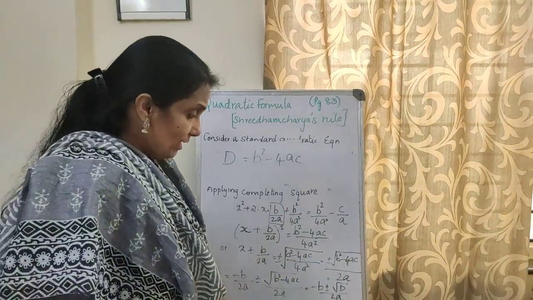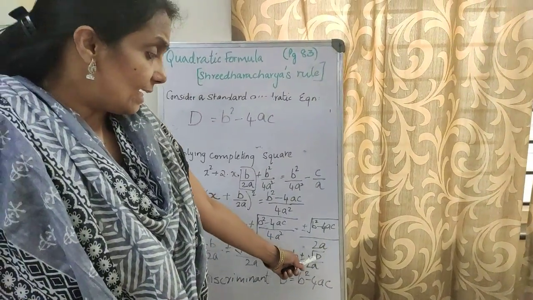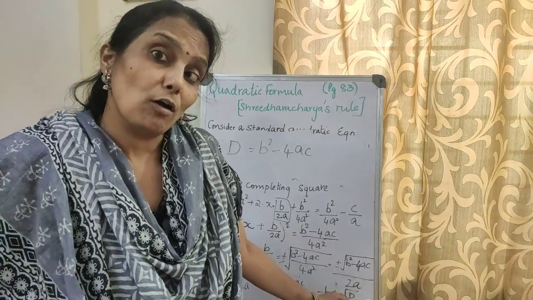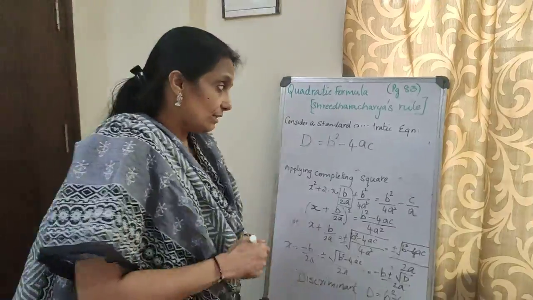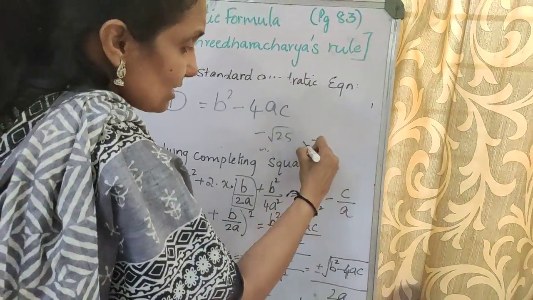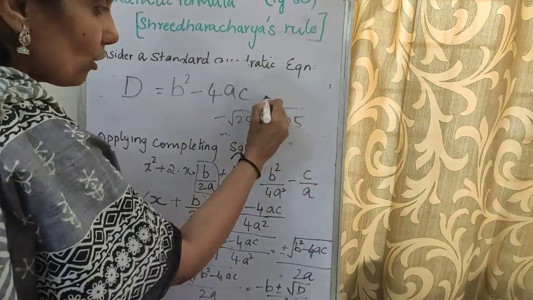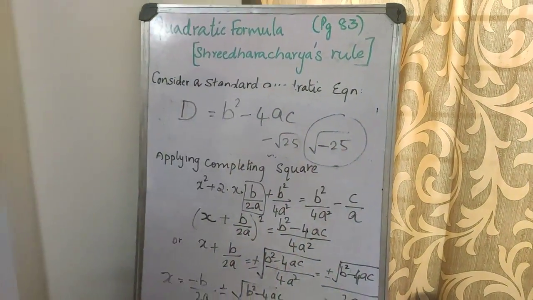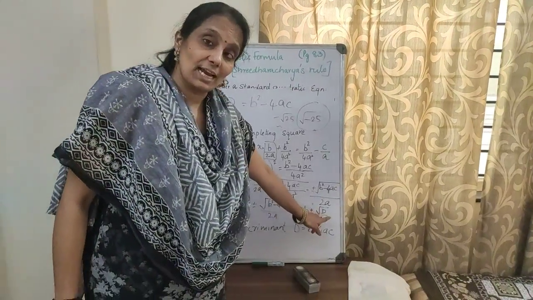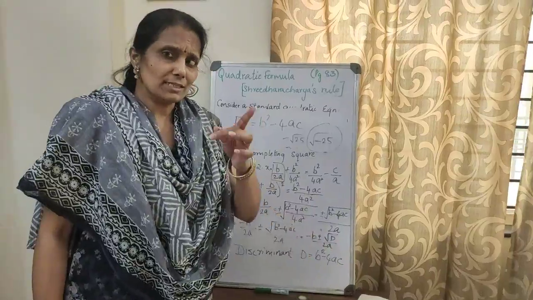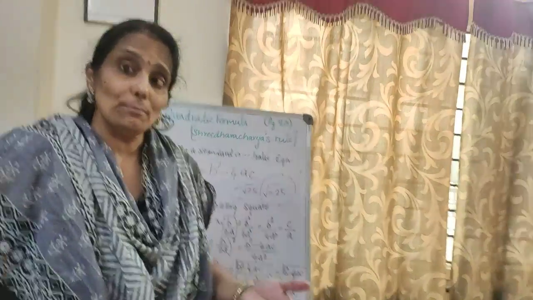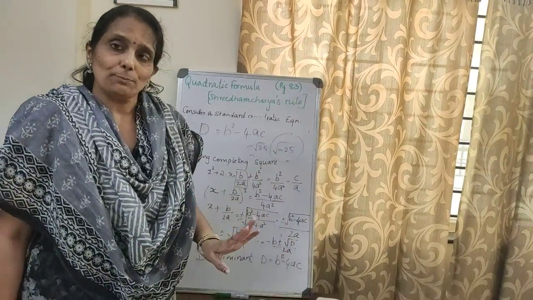Okay? Now tell me, can we have negative numbers inside the square root? Can you find the value of square root of minus 25? See, these two are different, children. I am not asking this. I am asking, can we find square root of minus 25? We can't find, isn't it? That means you cannot get a negative number inside the square root. Can we get a 0? Yes, square root of 0 is 0. Can we get a positive number? Yes, we can get a positive number.